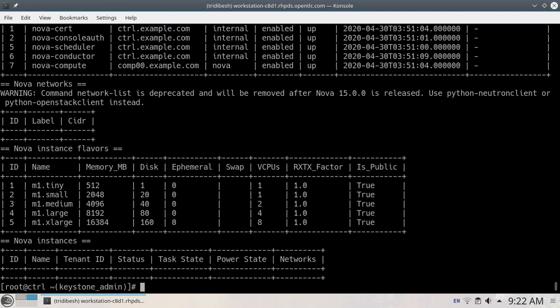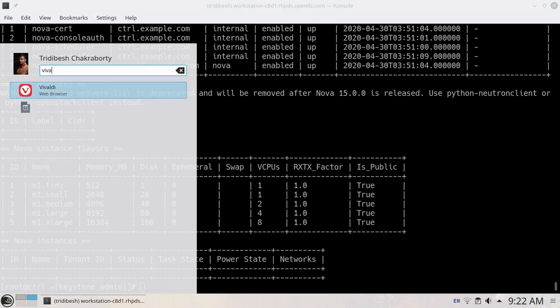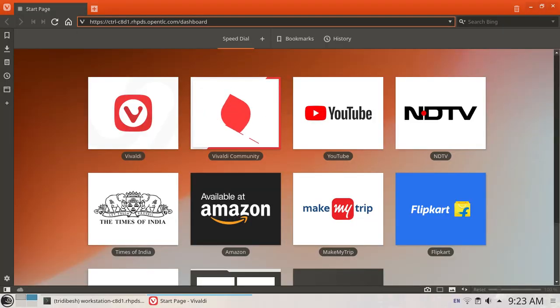And if you want to see the Horizon dashboard, we can see that also. Let's see that. For that, you open your browser. In your browser, you open your controller node.